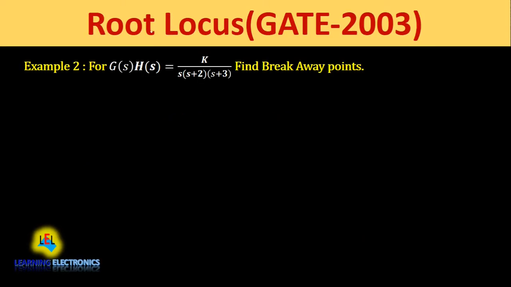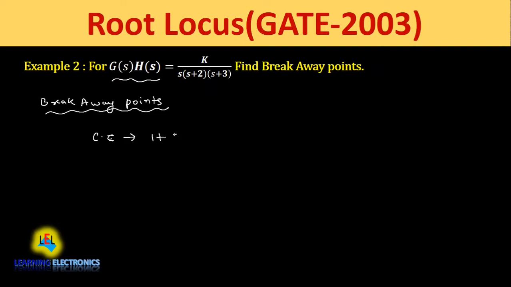So the question is, for G(s)H(s) equal to K divided by s(s+2)(s+3), find the breakaway points. So here we have to find the breakaway point for the given open loop transfer function G(s)H(s). To find the breakaway point, first we have to find the characteristic equation